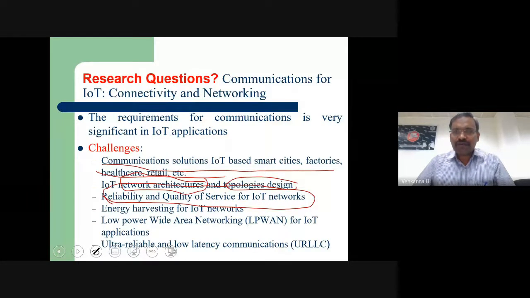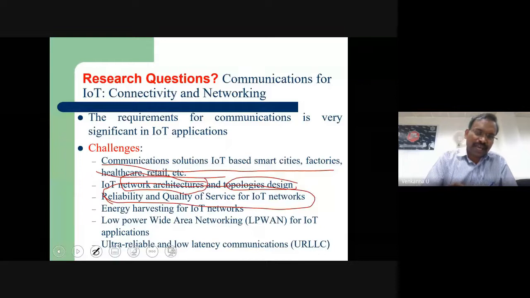Because if I develop an IoT application for health monitoring, obviously I require quality of service, because you are totally depending on the IoT prototype. If the sensitive data is not reaching the doctor instantly due to traffic congestion in the network, we may lose the patient. They can look into that.